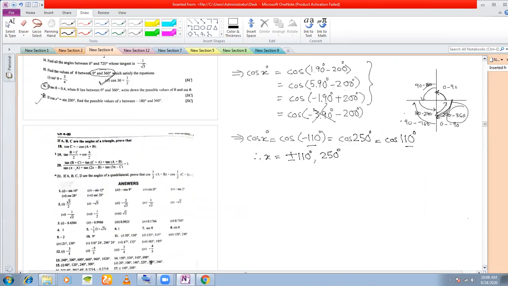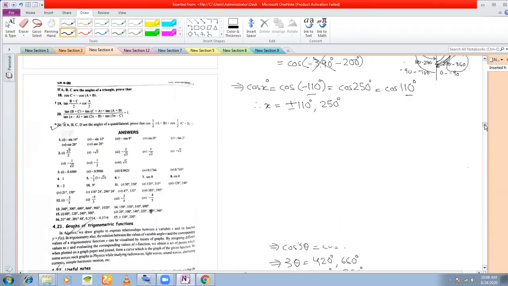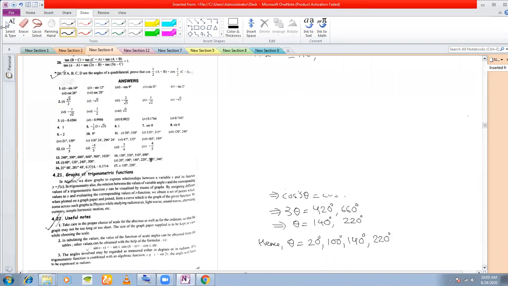Let us move on to this one. I'll do just one problem, or maybe the last one I'll do. This is very easy, all these. I'll do this, the last one, and finish this off. So if A, B, C, D are angles of a quadrilateral, what do you mean by angles of a quadrilateral?